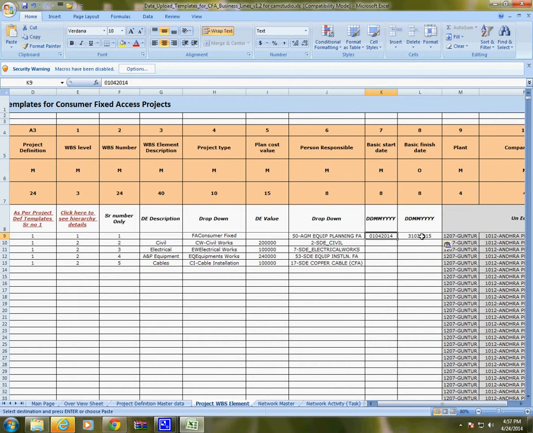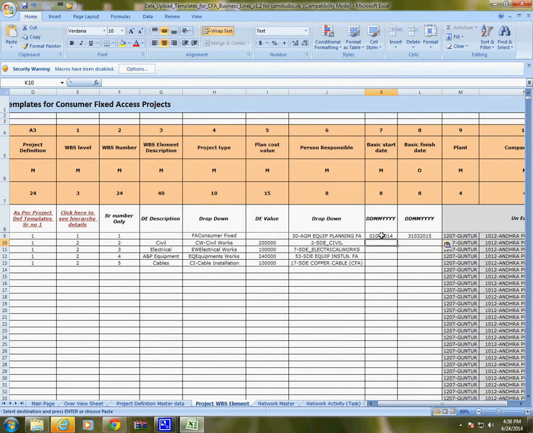So this project we have to start on 1st April and we have to finish it on 31st March 2015. But for these level 2 WBS, for which we have created 4 level 2 WBS, all the dates should be within this subset. That means the entire work is to be completed between 1st April 2014 to 31st March 2015. So it can have different start dates or different finish dates, but they should not